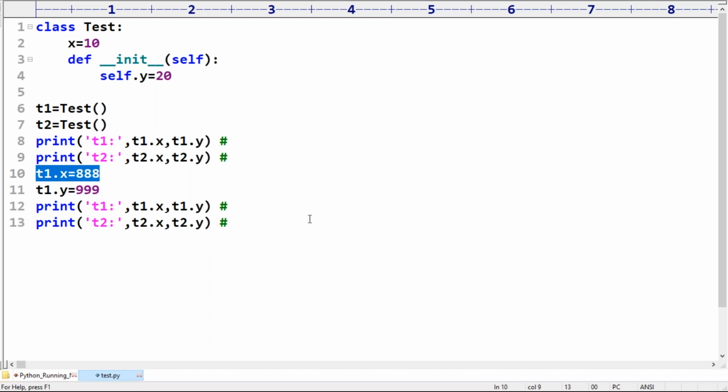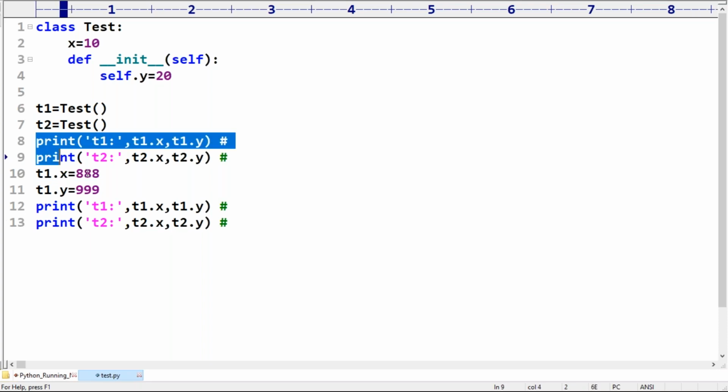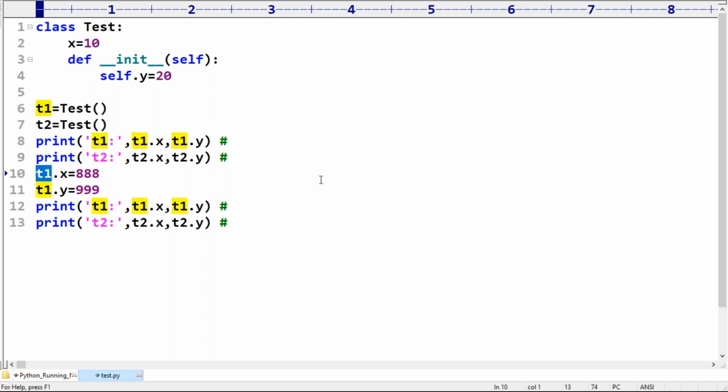Now observe carefully. Let me make a small change, and then can you please tell what is the output we are going to get? Please observe, this is the small change I'm doing. Let me explain again so that you can feel more comfortable.